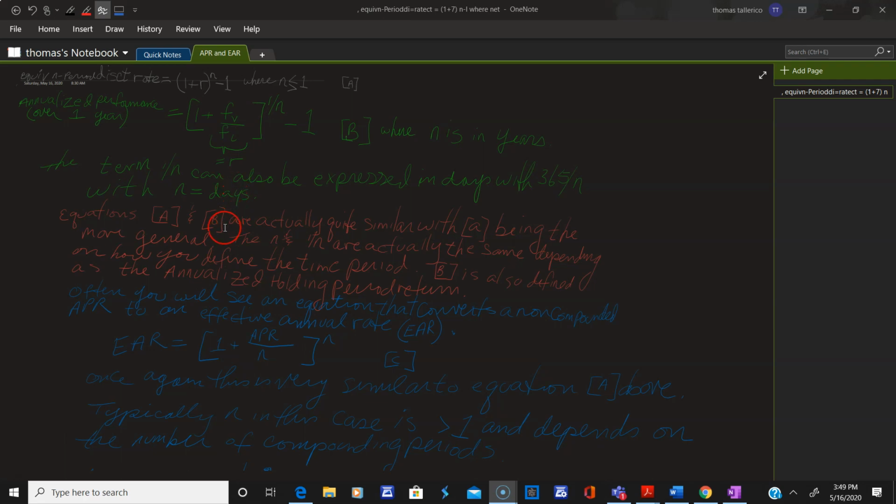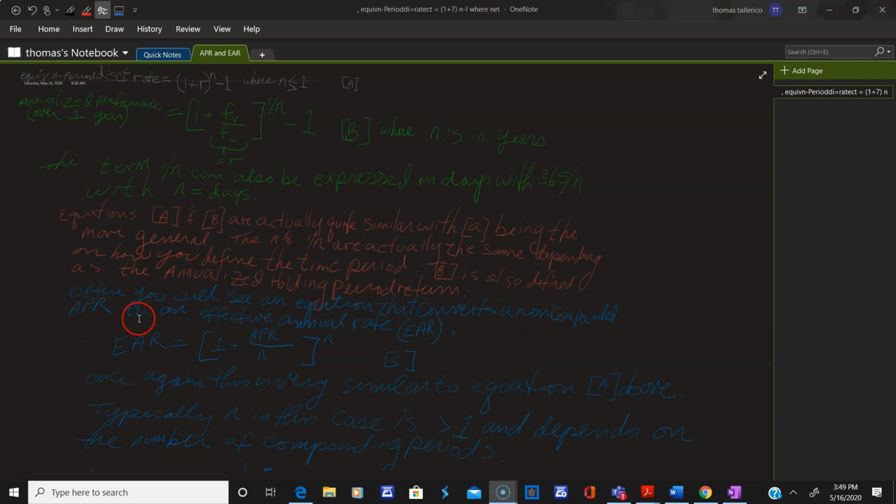So as I said here, equations A and B are actually quite similar, with A being the more general, right? The n and 1 over n are actually the same depending on how you define the time period. B is also defined as the annualized holding period return, right? You'll see that in a lot of books, right? Okay. So often you will see another equation, which I'm going to call C, that converts a